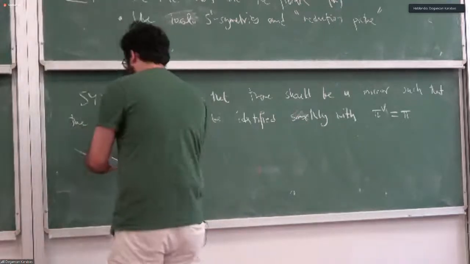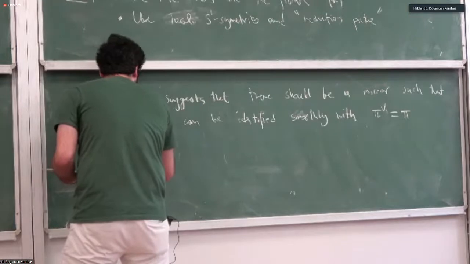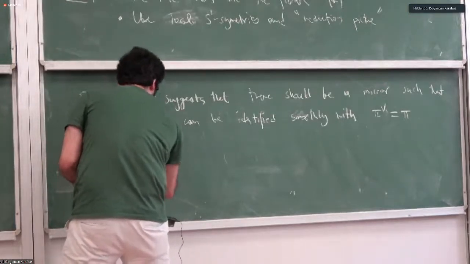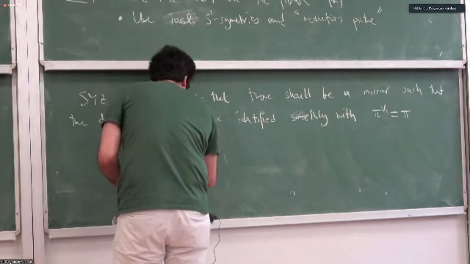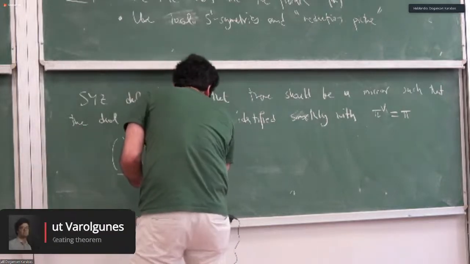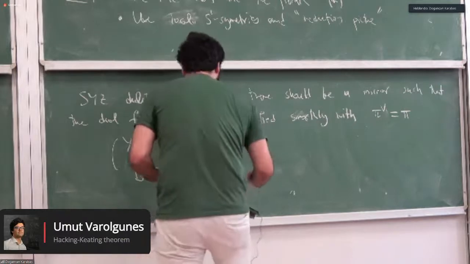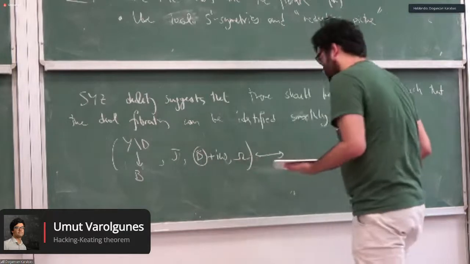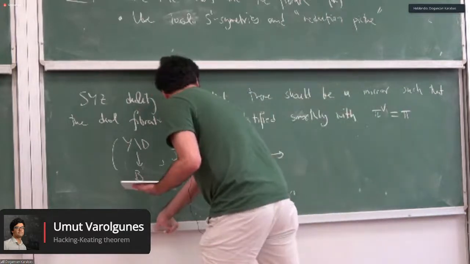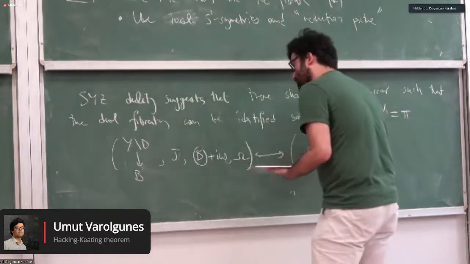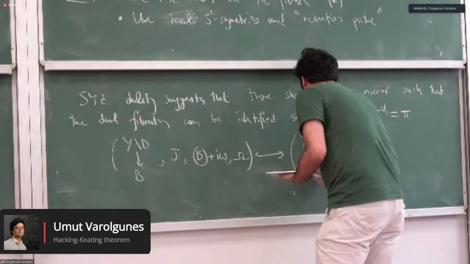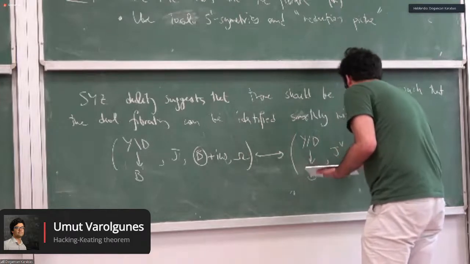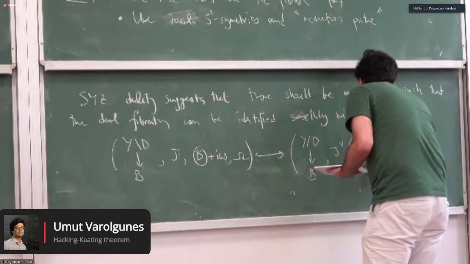Okay, so our mirror symmetry then looks something like this. We have YD mapping down to B, and then we have all these structures. And okay, so I'm going to write something that I'm not going to explain at all. I don't think anyone does for some reason. Okay, let me just write it. So Y, D, B, and then I have all these mirror structures. D dual, I omega dual,